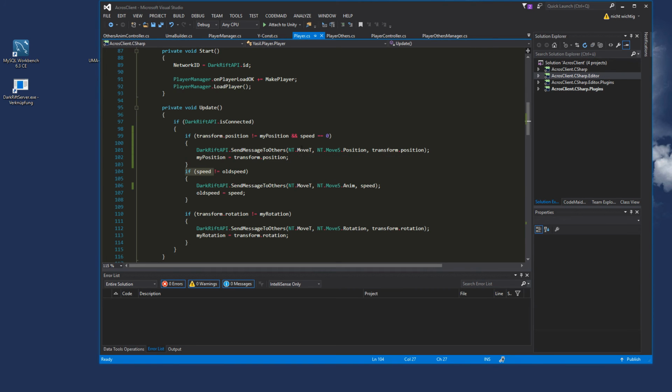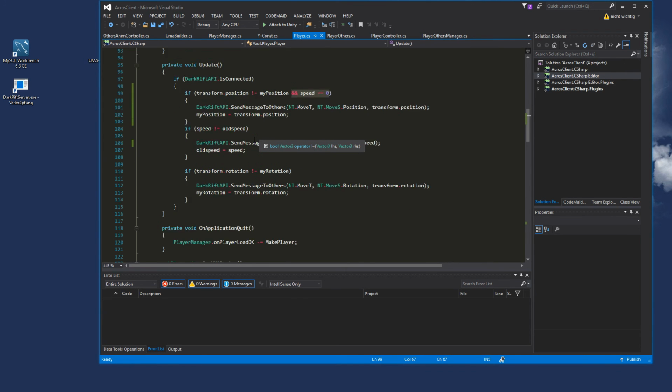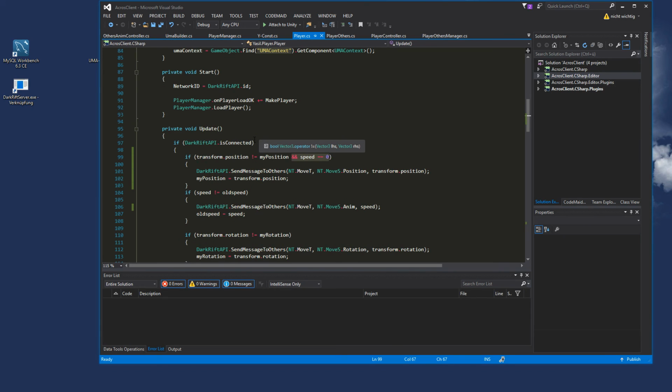So the rest is the same as we had before, but just add this bit of code there. So that's it for the player. We don't have to do anything more. So save and go to our